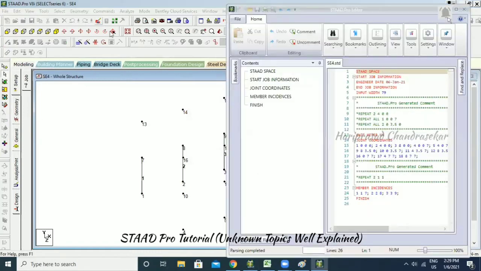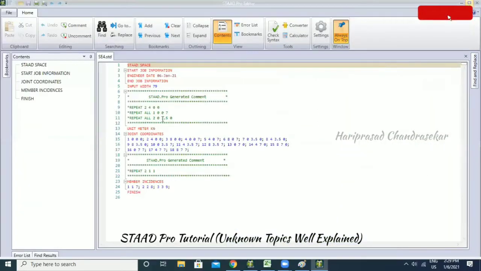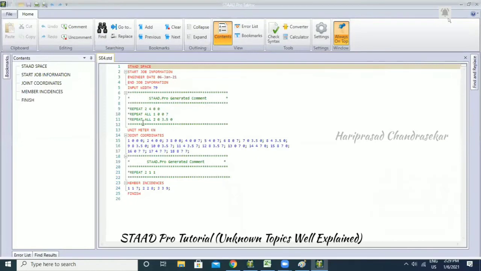So after I saved, I'm going back to start editor. See, now after saving, it changed. Actually, we had written some other commands, but now it became like STAAD row commands. So by default, if you're drawing in STAAD and you come back, it will look like this.